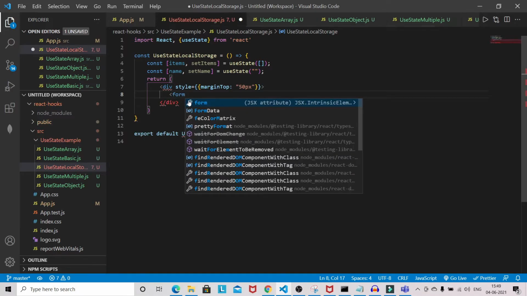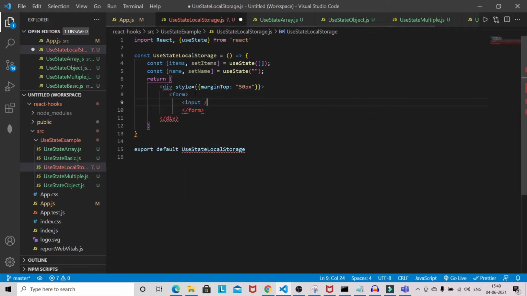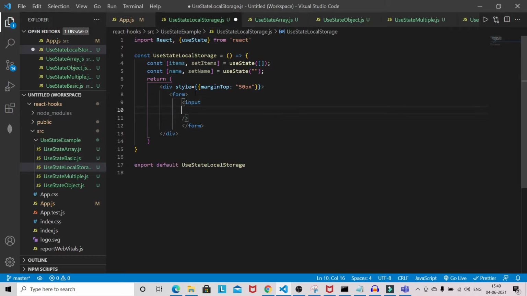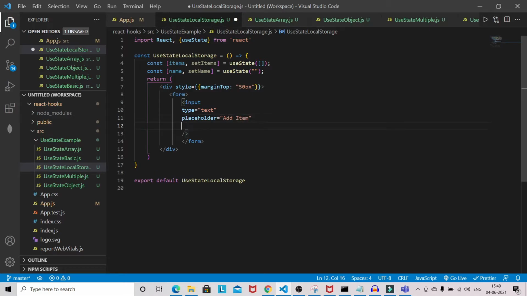and I will use form here. Okay, and inside form I will have one input. Okay, type will be text. Okay, so let's give the type text, and placeholder like add item, value will be name, and onChange will be there.